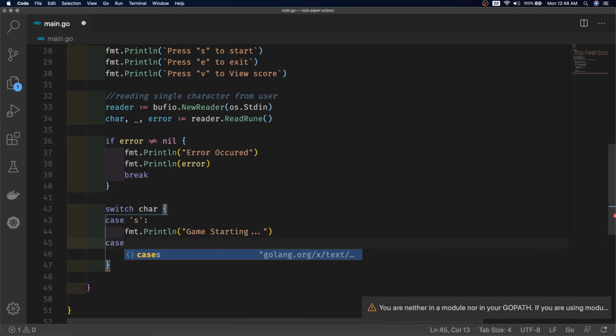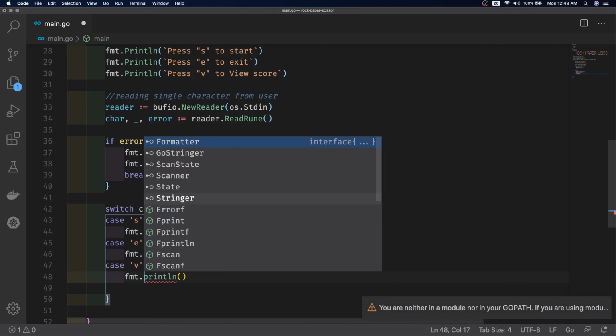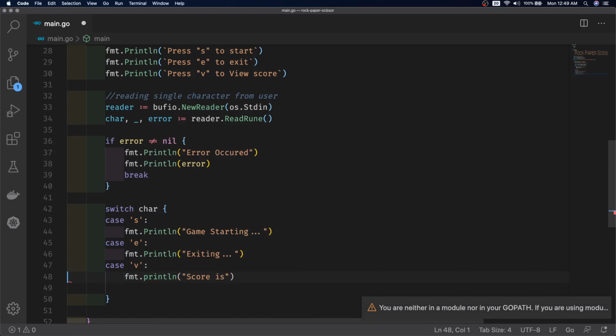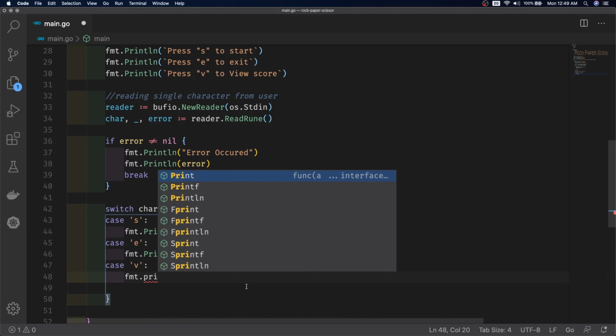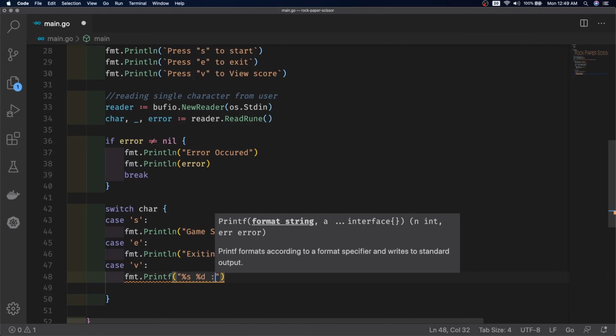A switch case is simply a shorter way to write a sequence of if else statements. It runs the first case whose value is equal to the condition expression. So in our case, whatever character the user passes, we're checking that character, and if the user presses S, then it will go into the game string. If the user presses E, then I'm going into the exiting.